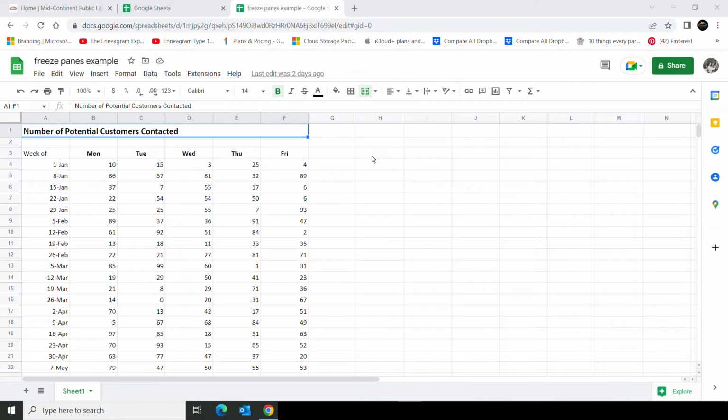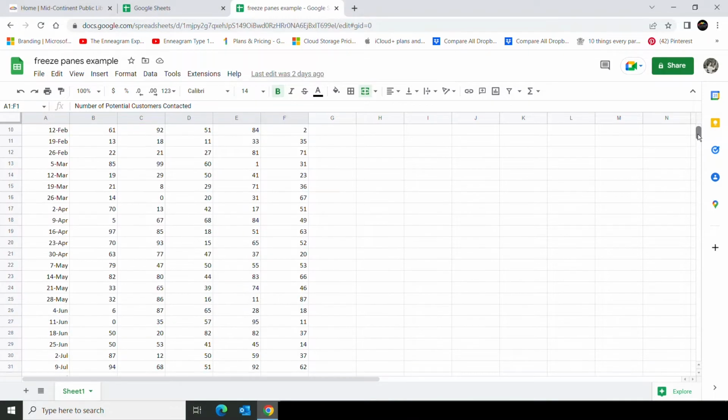As we look at our spreadsheet today, we can see that it is some sort of a number of potential customers that have been contacted, and it could even be cold calls that we're trying to keep track of for every day as we go through. And this first column simply has the beginning of each week, and then we fill in the numbers as we keep track. Now, the only thing about this is it's a year's worth of information, so as we scroll down,